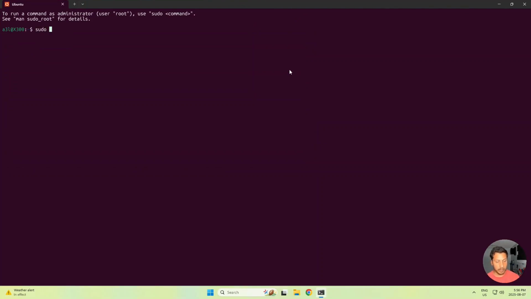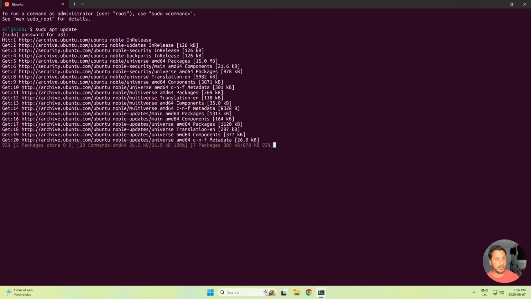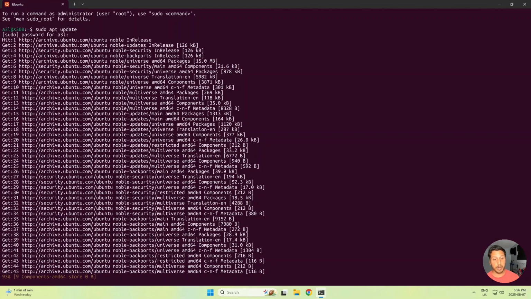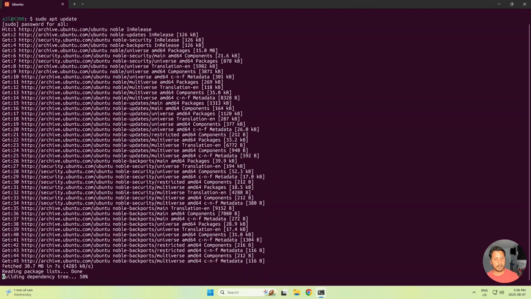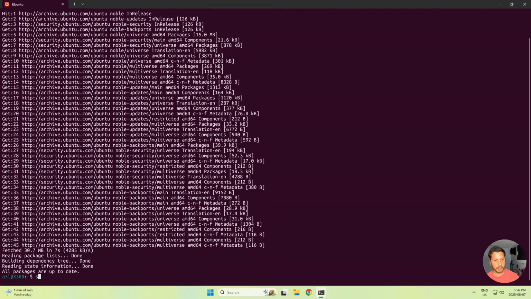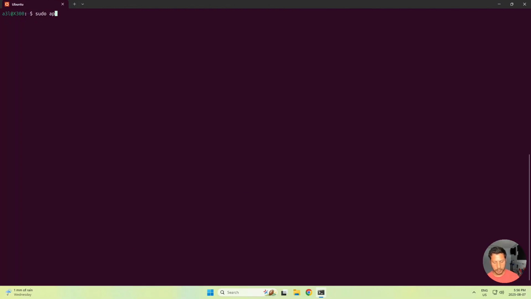And usually the thing that you always want to do every time you install a Linux environment is do an update. So we're going to enter the password for that, and right after doing the update we want to upgrade as well. Okay, so let's go. And with that, we should be ready to go to do everything that we can do with a Linux environment